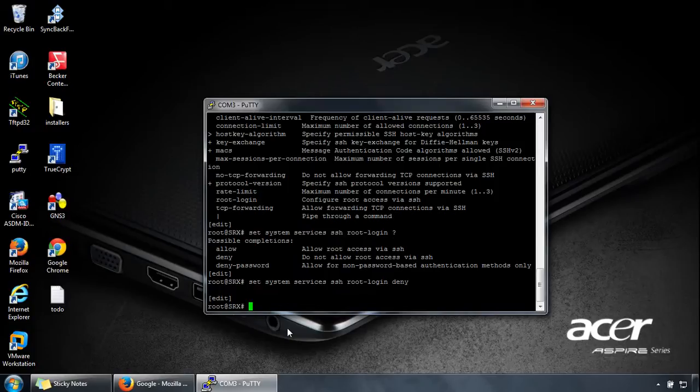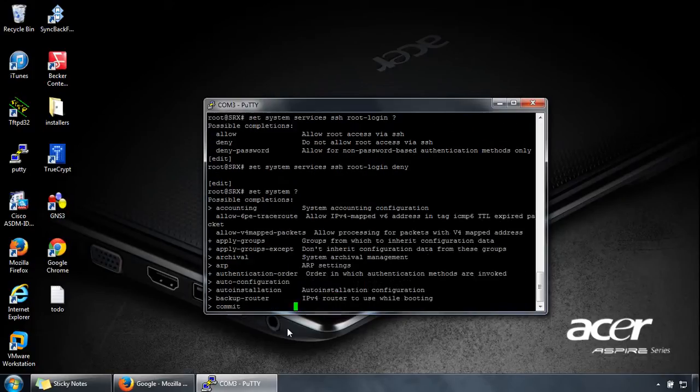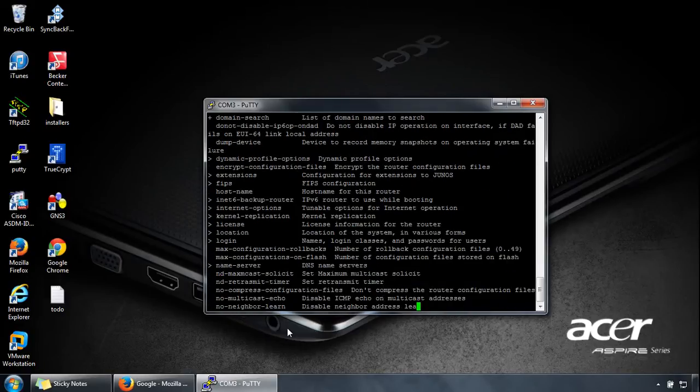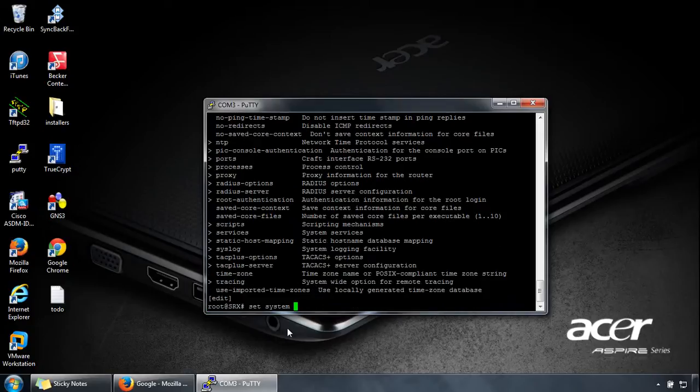You can also create other user accounts, so we can set up local users on the device itself, but you can also use a third-party user database like Radius. To create a user account, we would type set system, let's hit question mark, login. Let's finish the options. There's quite a lot, but I know the command I'm looking for. So it's login, question mark again,